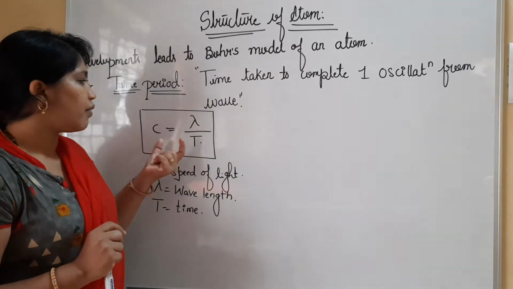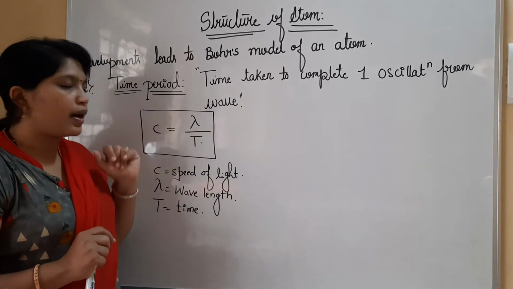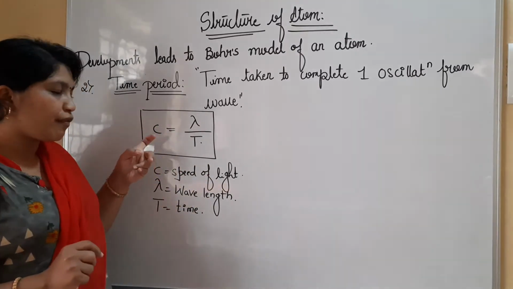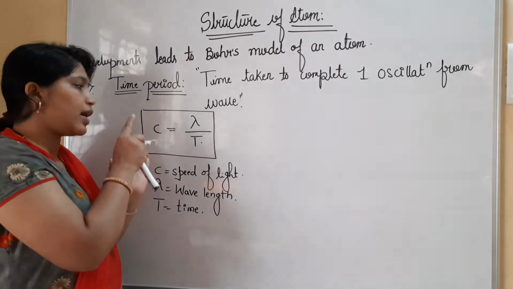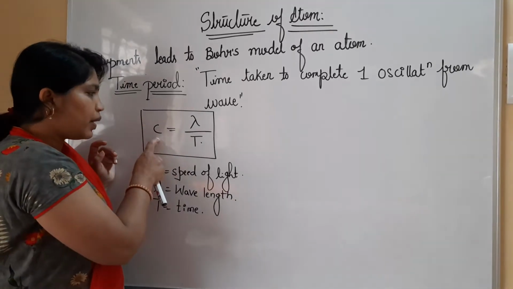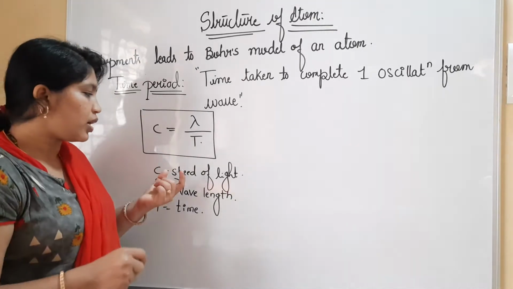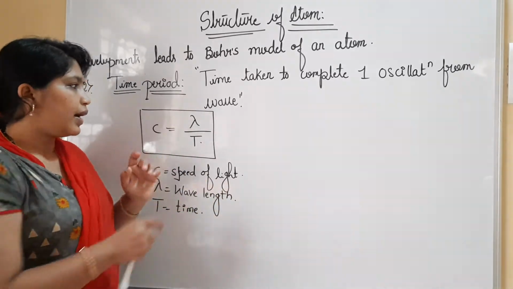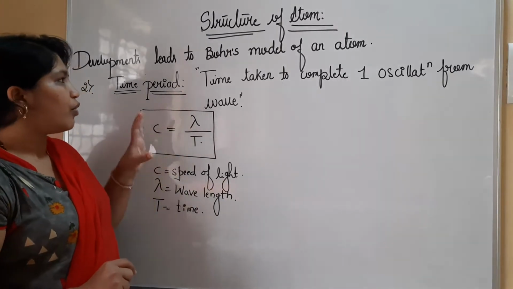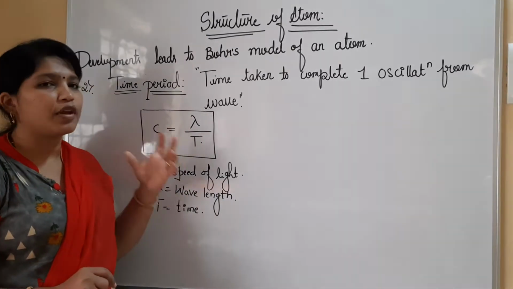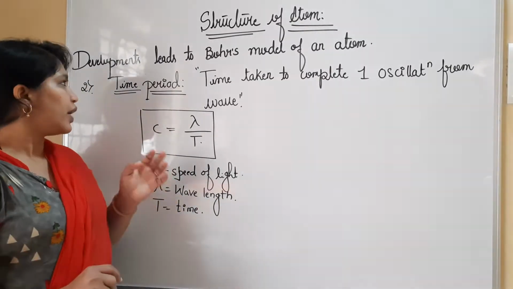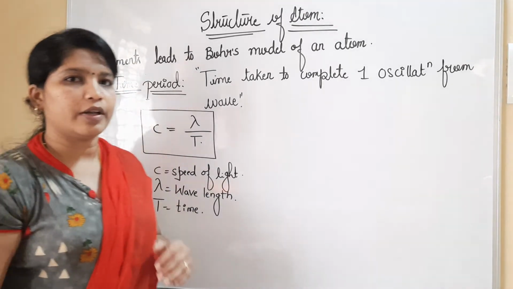Okay, so we have a notation here, c equal to lambda by T. That means c is considered to be the speed of light. This speed of light to which range it is passing is inversely proportional to the time period. Getting what I am telling you? Time period is inversely proportional to the speed of light. And lambda, it is denoted here, it is called as wavelength. So this is how we will be considering the time period. This formula will be useful for numericals in this chapter. Further we will be doing them. So take down time period, we'll move to next parameter.